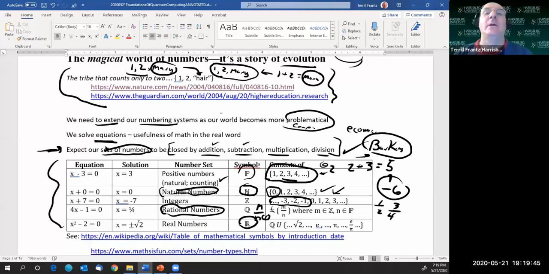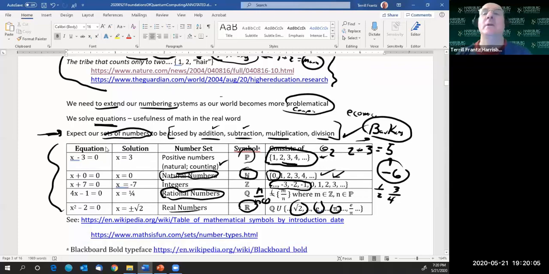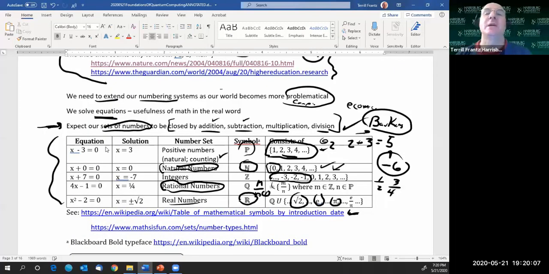And then finally, probably in high school, maybe junior high school, we started to get into real numbers. Those are numbers that we find very difficult to come up with solutions for, and that's e, pi, square root of 2, and all that kind of good stuff. So Wikipedia, and this was a last minute entry here,